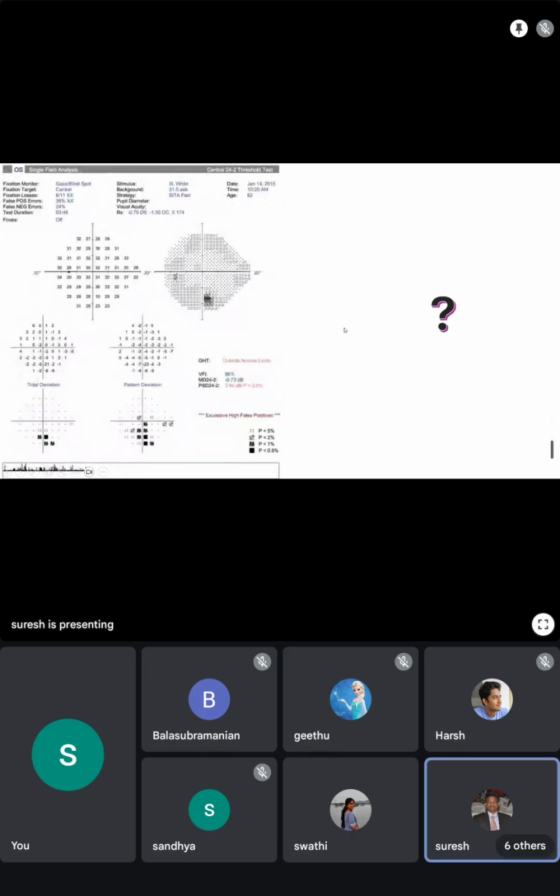Okay, what is this? White scotomas due to excessive eye falls. See, normally, what do we expect? We expect the total deviation to be having more scotomas compared to a pattern deviation, right? Whenever the reverse happens, that means we are dealing with a trigger happy patient who is either not fixing properly or is keeping on pressing. Okay,